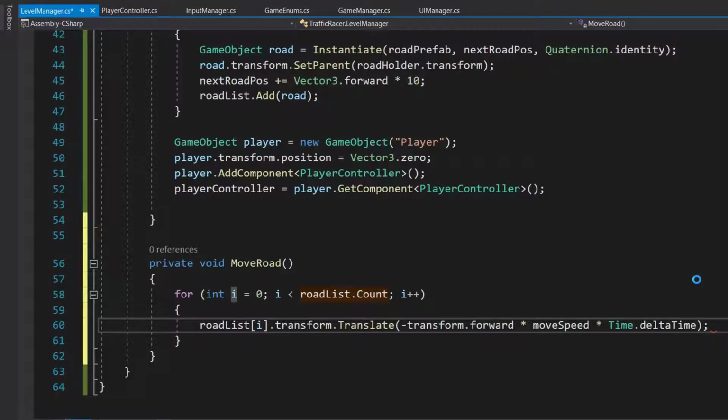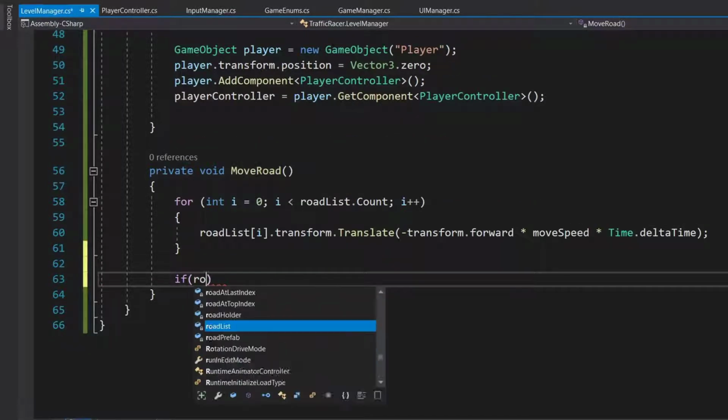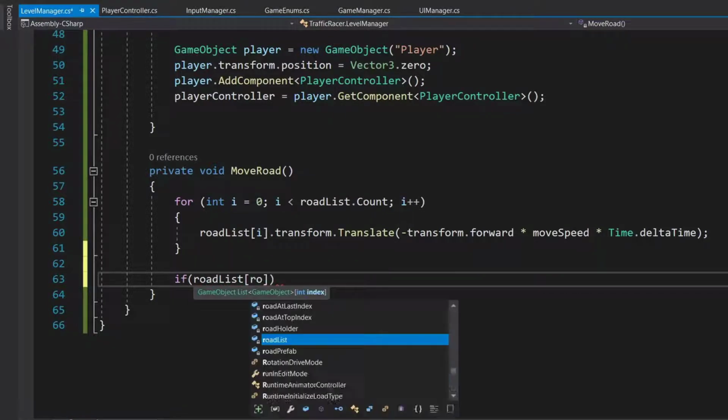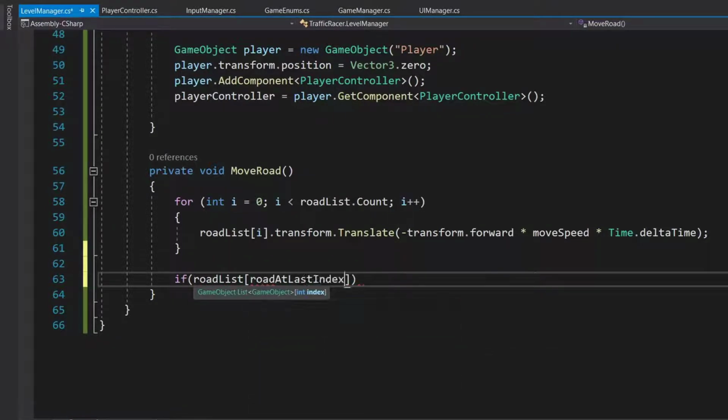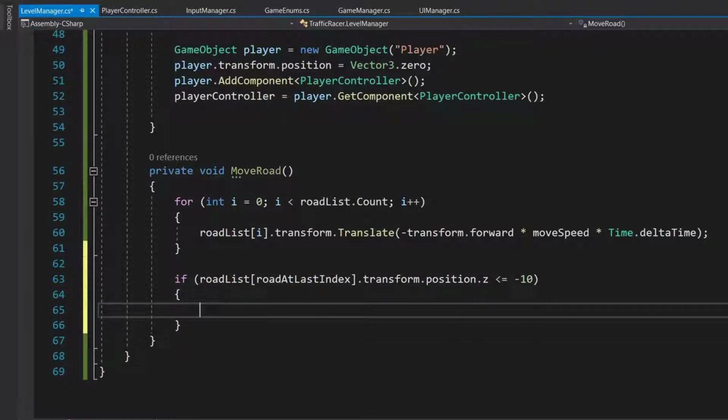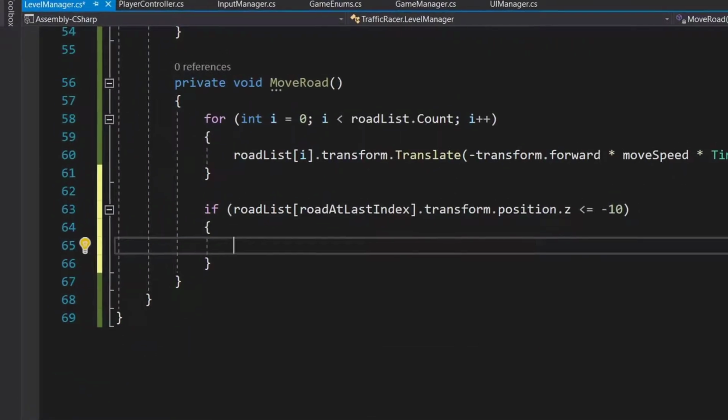So we will first check if road list road at last index dot transform dot position dot z is less than or equal to -10. Now I find out that -10 is good for checking because when my road position is at -10, it is not visible in camera.